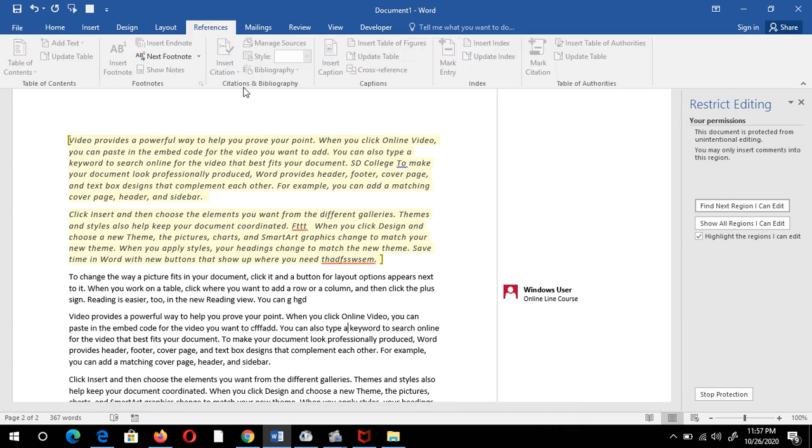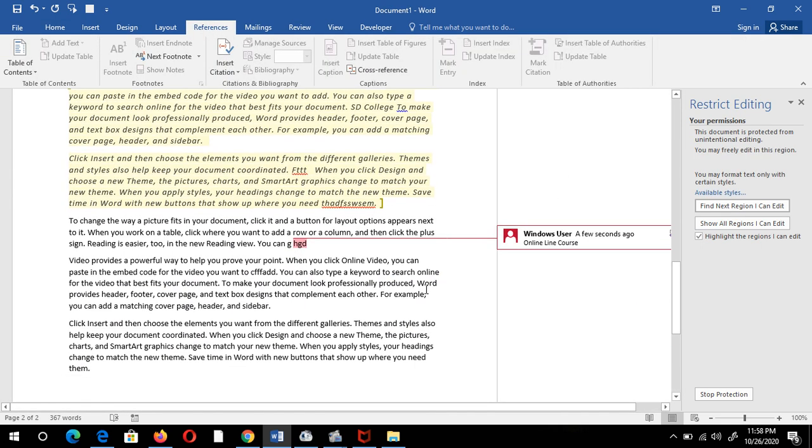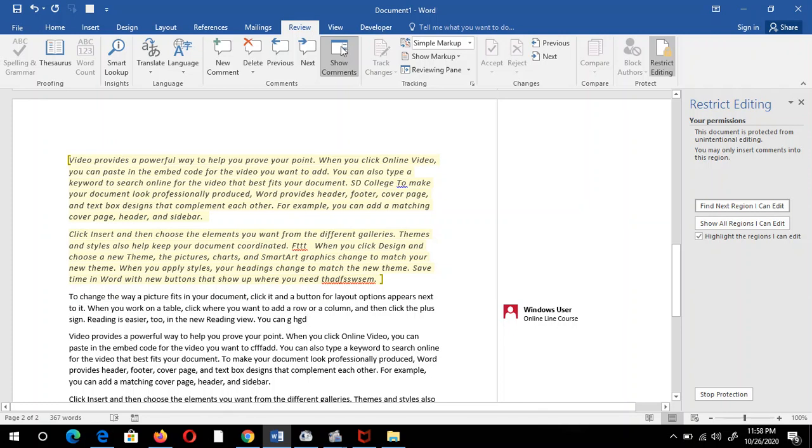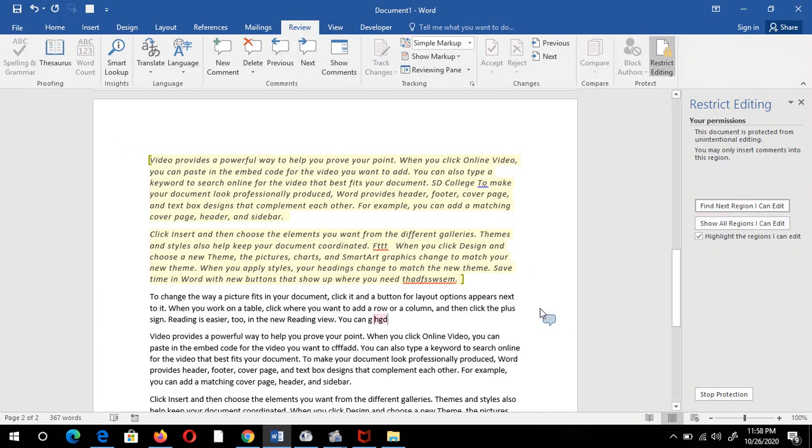Suppose I want to close it. Click here, Show Comments. It will close and show this small box, which means this paragraph or line contains a comment.